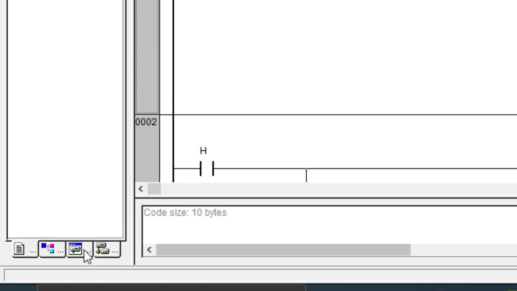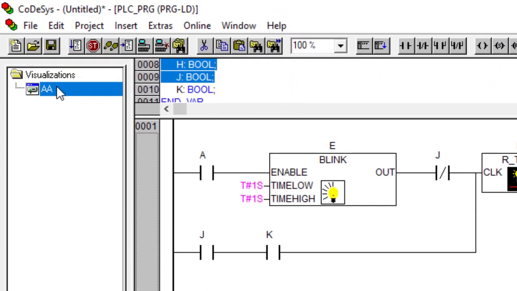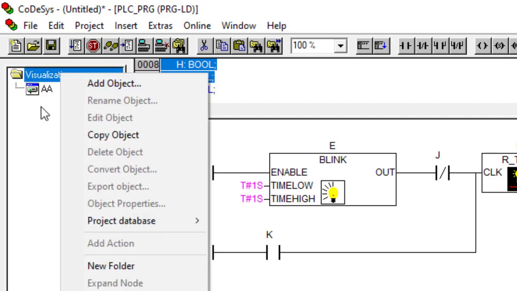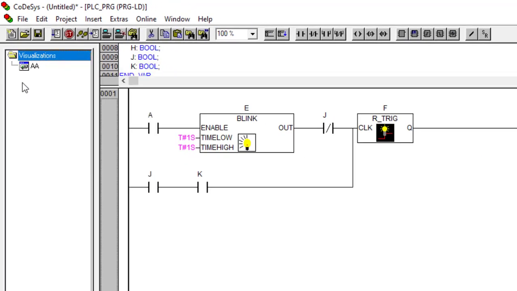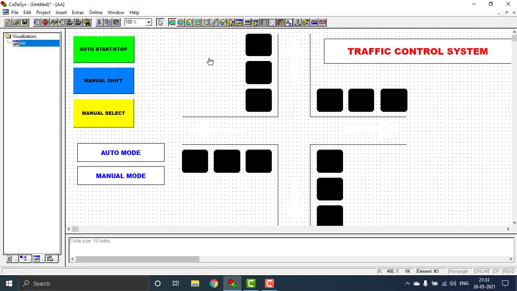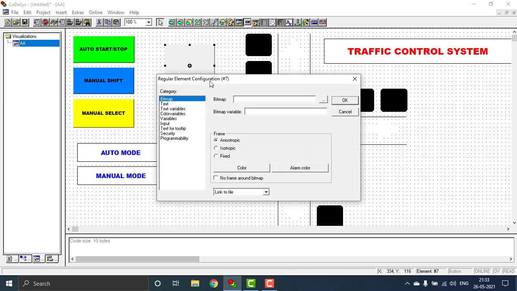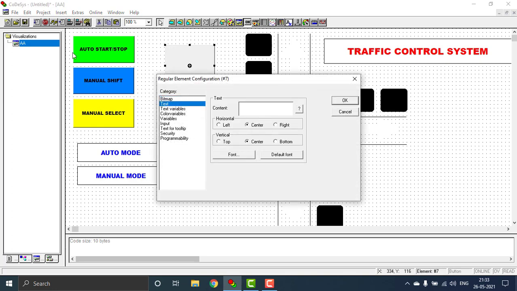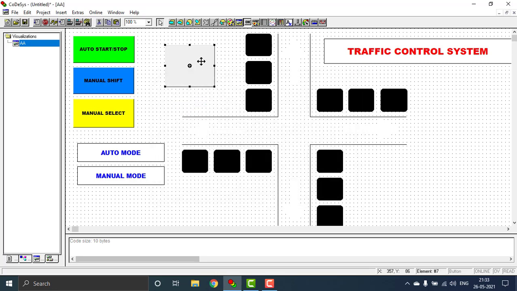I click over the visualization part and double tap on the visualization that I have created right here, or you can add your new object right here by adding a new screen. And now I'm taking my default screen, and you can see these are the switches. These are the push buttons you can select from here. The buttons I have to select from here, right? I have to draw it like this and have to double tap and type your text like this, auto or start or stop, and we can see the credentials inside the start or stop buttons.